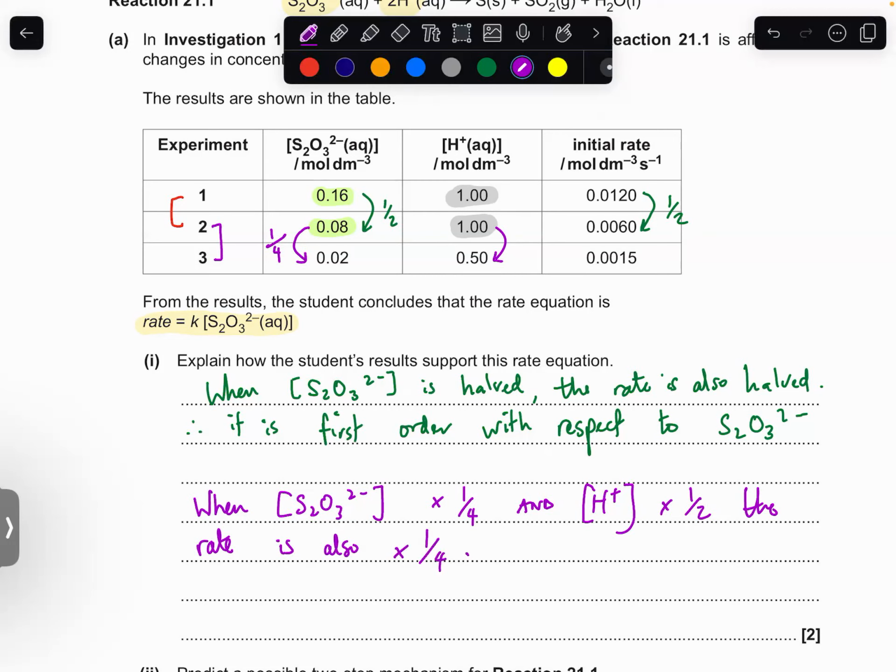That means, ladies and gentlemen, that the H+ concentration halving has had no effect, because